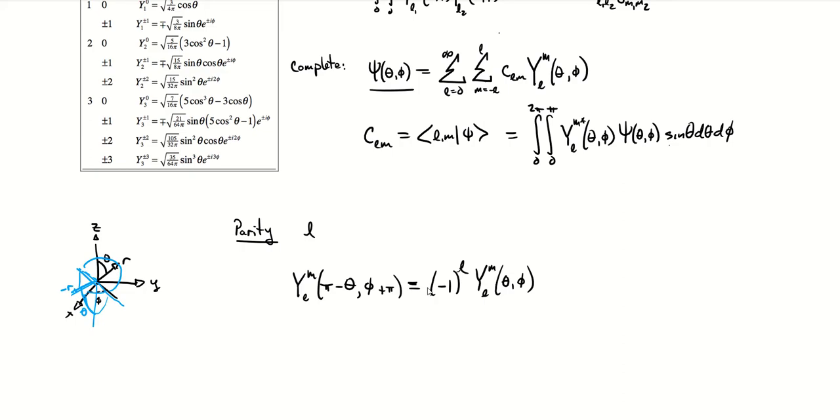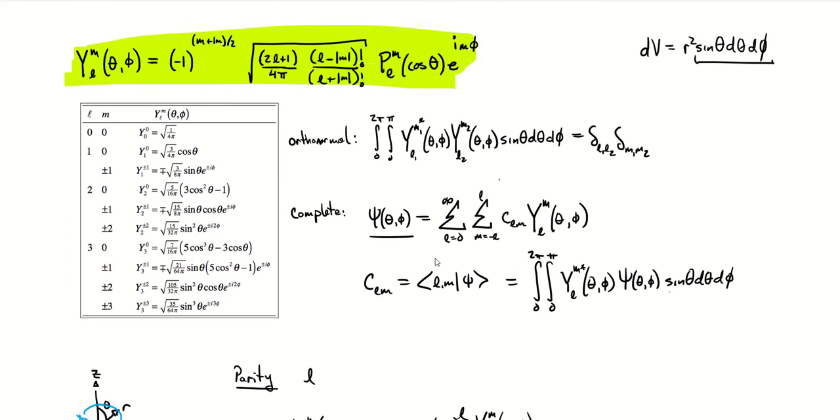If you have an even l, it's even parity. If you have an odd l, it's odd parity. And that's where we are. We've sorted out our angular component of our wave function right here. And now we're ready to take the next step and look at the radial component, which will also include the energy of our eigenfunctions, and we'll have the full energy eigenfunctions for our hydrogen atom.